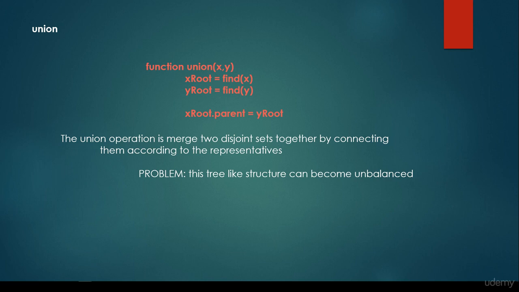So far so good, but then several problems arise. For example, this tree-like structure can become unbalanced. And I'm not sure whether you are familiar with data structures, but that's why binary search trees are not good data structures, because they can get unbalanced. And when they are unbalanced, then the operations are going to be very slow. So we have to rebalance them, and this is why AVL trees and red-black trees came to be. And this is the same here. We come to the conclusion that this tree-like structure can become unbalanced.